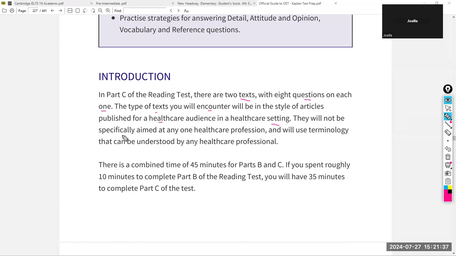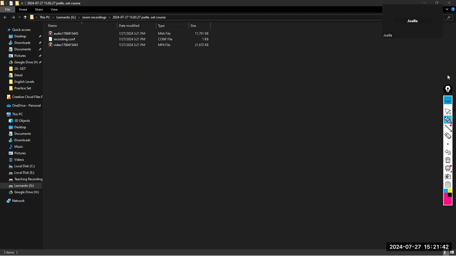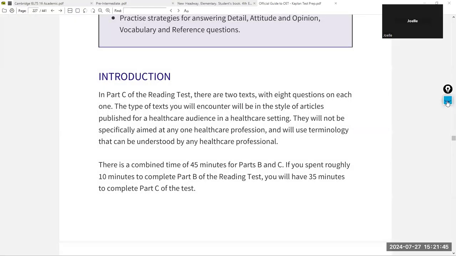They will not be specifically aimed at any one of the healthcare professions. So it's about healthcare in general, absolutely, and you will use terminology that can be understood easily. Don't worry. I mean by terminology, the words, the vocab that I used in the texts, all of them could be understood easily, and absolutely all of them, all the words, expressions, the information are going to be about healthcare